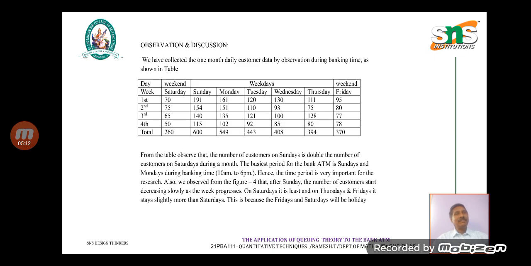In the first week, Saturday is 70 people, Sunday 191, Monday 161, Tuesday 120, Wednesday 130, Thursday 111, and Friday 95. Likewise for the second week Saturday to Friday, the third week Saturday to Friday, and the fourth week Saturday to Friday. We calculate all that. These are the total numbers of customers. But among all this information from the table, we observed